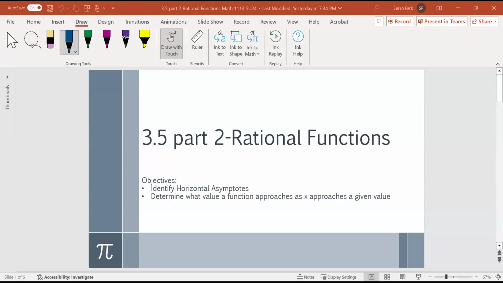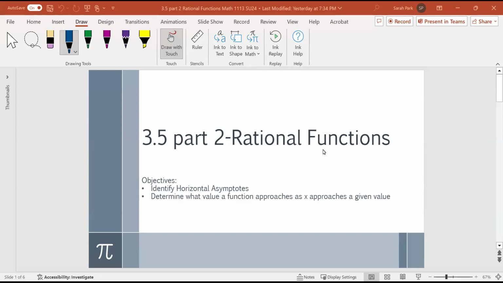Hello, everyone. This session, we're going to look at 3.5 Part 2, Rational Functions. If you haven't reviewed 3.5 Part 1, Rational Functions, please make time to review that video because the two sections are related. For this video, we'll look at identifying horizontal asymptotes and also determine what value a function approaches as x